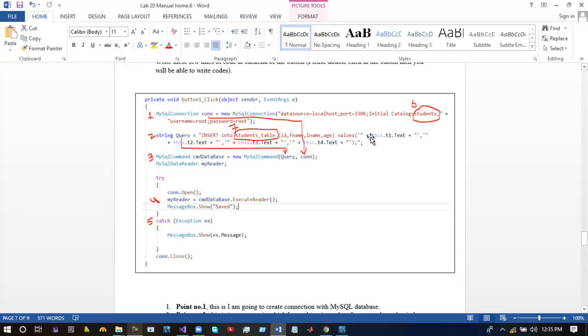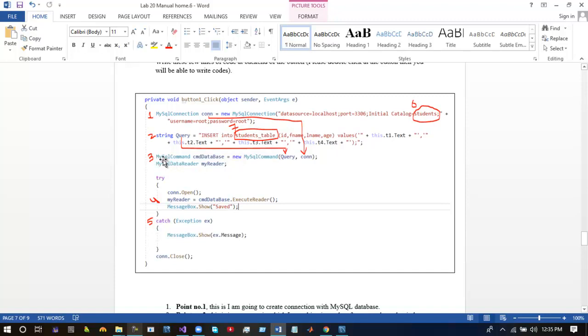Now from here we will arrange text boxes. So this dot t1 dot text, t1 is the name of text box 1, plus we will merge the next text box. This dot t2 dot text, t2 is the name of the second text box, t3 and finally t4. T3 and T4 are the names of text boxes 3 and 4.